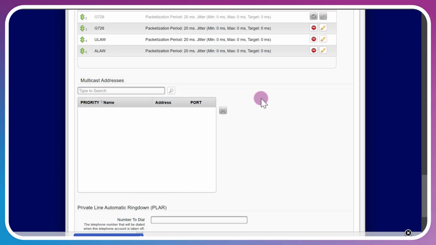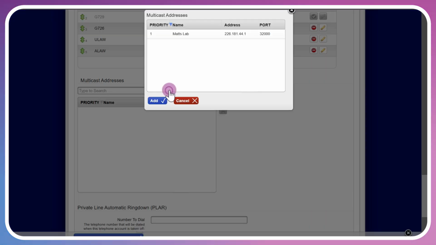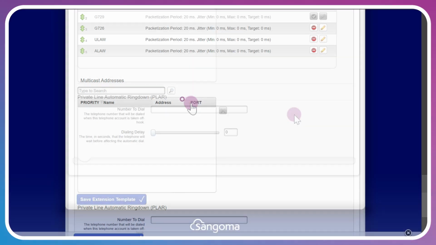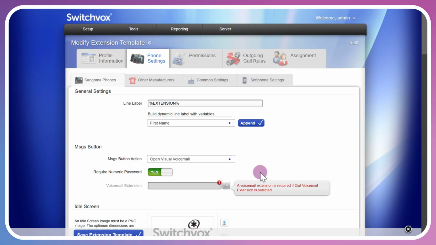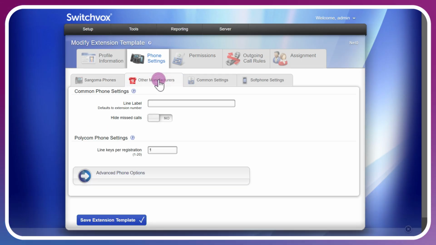And if you'd like these phones to be part of a multicast group where they can use a multicast paging device, you can add those here. I've already got one set up. We'll be covering multicast in a later video. PLAR is a feature where when the handset is taken off the hook, it automatically dials an extension of your choice.